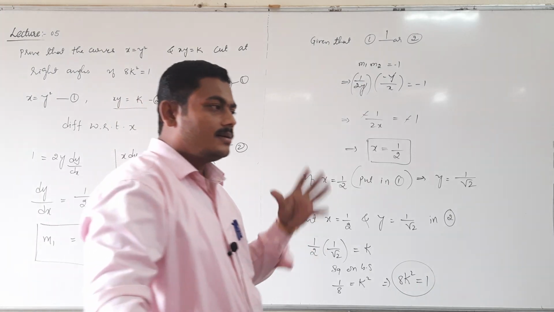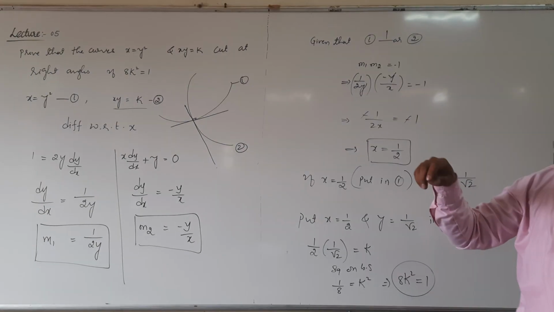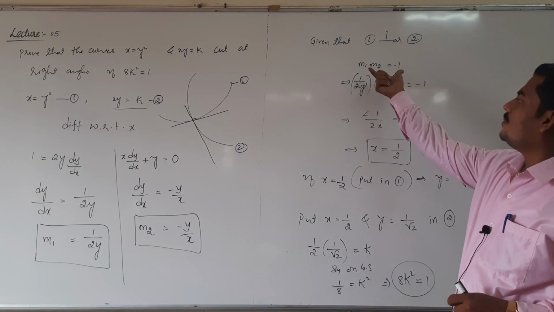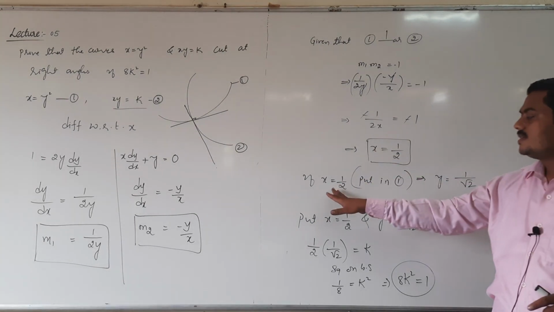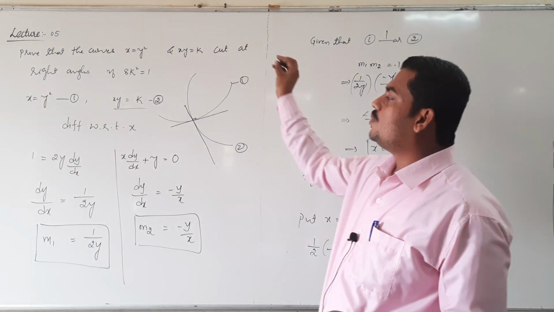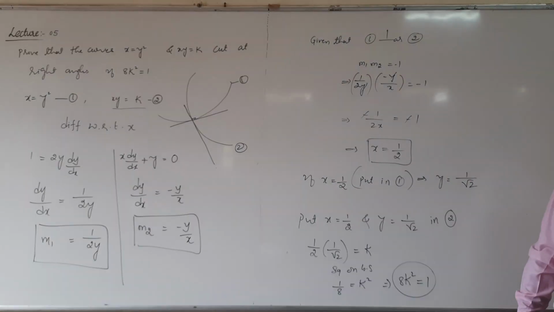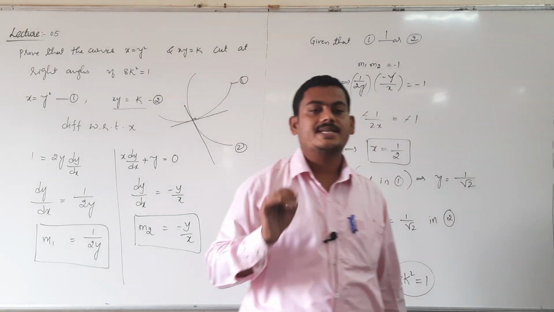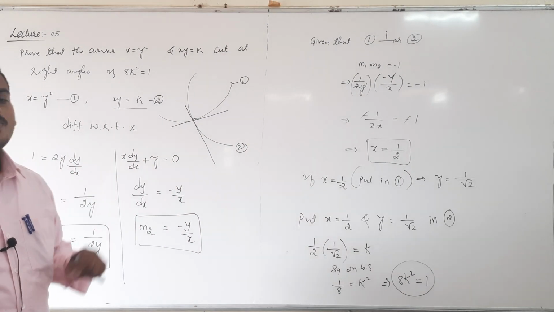What they have given is that curves are perpendicular to each other, which means their tangent lines are perpendicular to each other. Tangent lines are perpendicular means product of their slopes equal to -1, and after rearrangement and simplification we get the x value as well as the y value. After getting the x value and y value, put them in equation number 2, because our required expression should be in terms of k. Squaring on both the sides, we get the required proof, that is 8k square equal to 1, which is one of the important 3-mark questions.